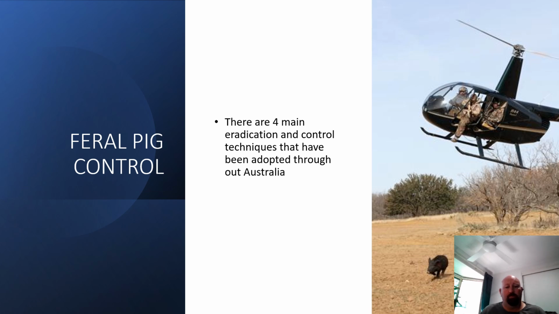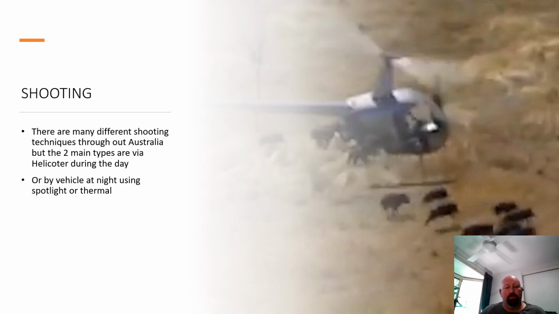Feral pig control. There are 4 main eradication and control techniques that have been adopted throughout Australia. Shooting. There are many different shooting techniques throughout Australia, but the 2 main types that are widely used are helicopter shooting during the day and shooting by vehicle at night using a spotlight or thermal. Other techniques also include hunting with dogs,